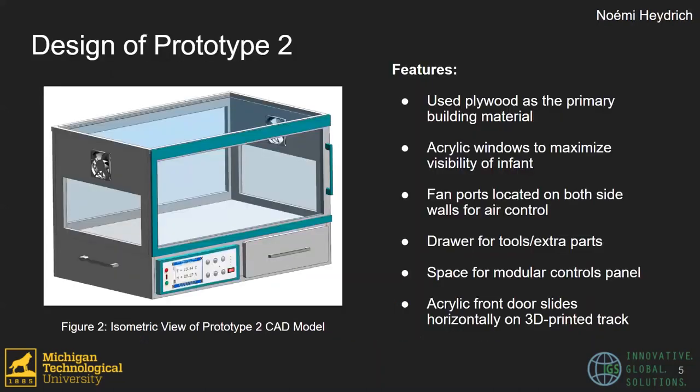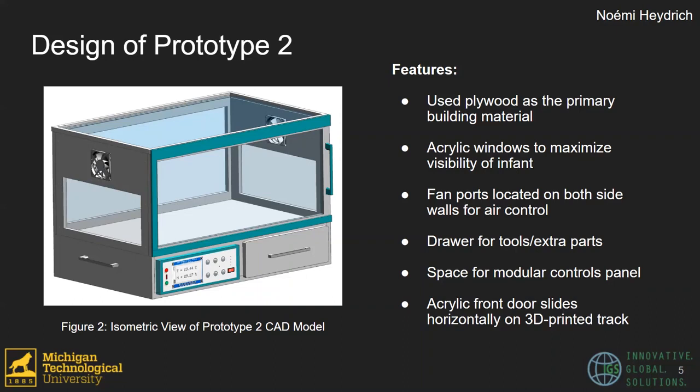Thanks, Maggie. So the current design for our second prototype is shown in the CAD model on the left-hand side. We made a few design improvements from our previous prototype that we will discuss as features of this design. With that being said, these features include using plywood as our primary building material to save costs, adding large acrylic windows to maximize visibility of the infant, adding fans at the top of both of these smaller sidewalls,